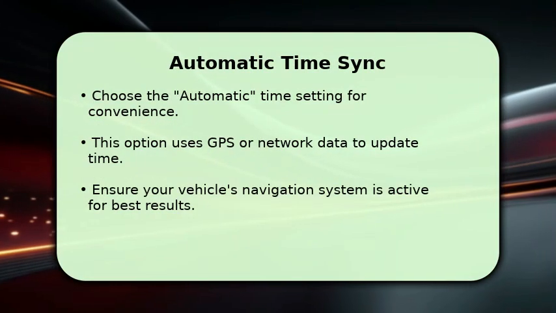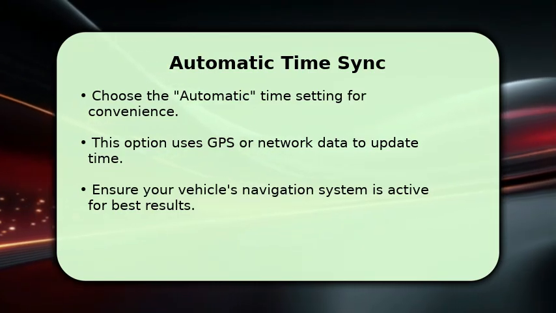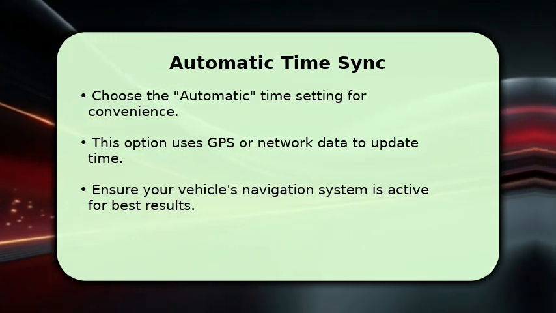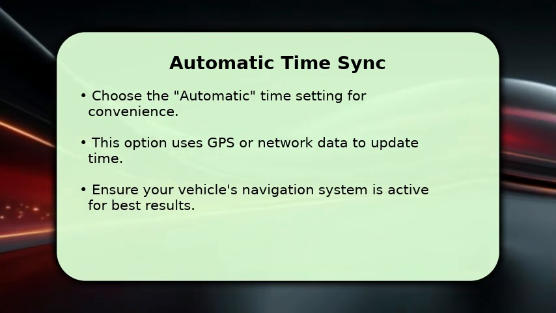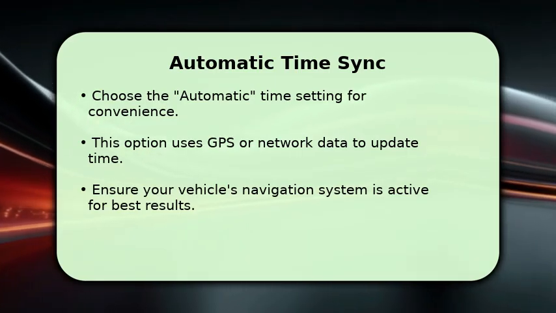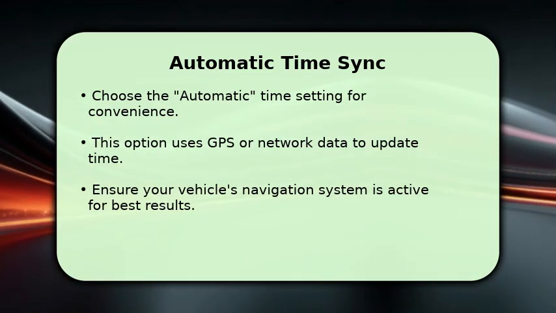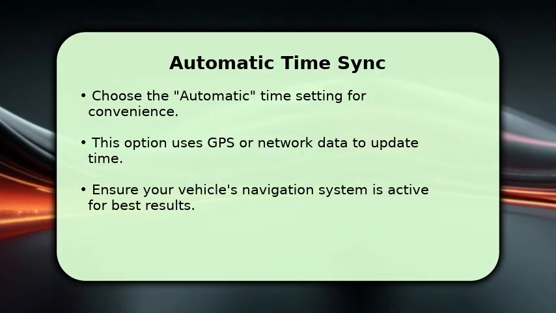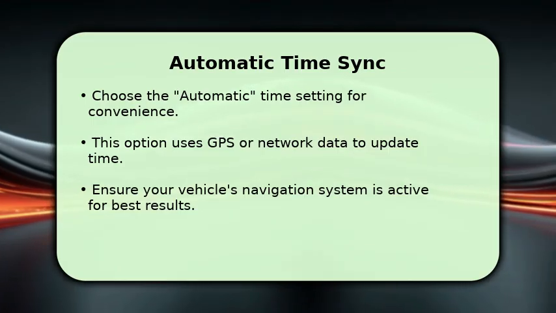For a hassle-free experience, consider using the automatic time synchronization feature. This smart option allows your Mercedes C-Class to automatically update its clock using satellite navigation or network data. It ensures your time is always precise, even when traveling across different time zones. Simply select Automatic from the time settings, and your vehicle will handle the rest, keeping your clock accurate without any